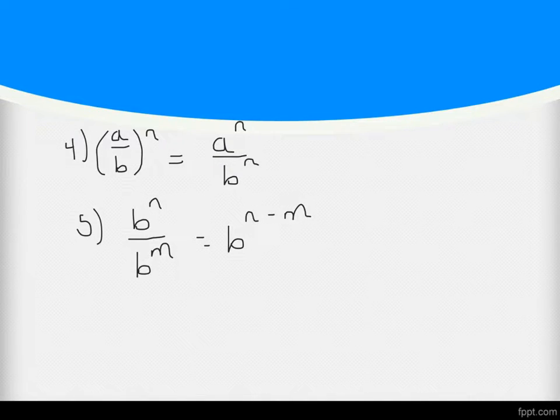The fourth property here I like to refer to as the distributive property for exponents with division. So if you have a quantity inside the parentheses that involves division and an exponent outside the parentheses, once again you basically distribute that exponent to everything inside. And then the final property that I have here is property 5, that says that if you're dividing two things that have the same base, like b, then what you do is keep that base the same but subtract their